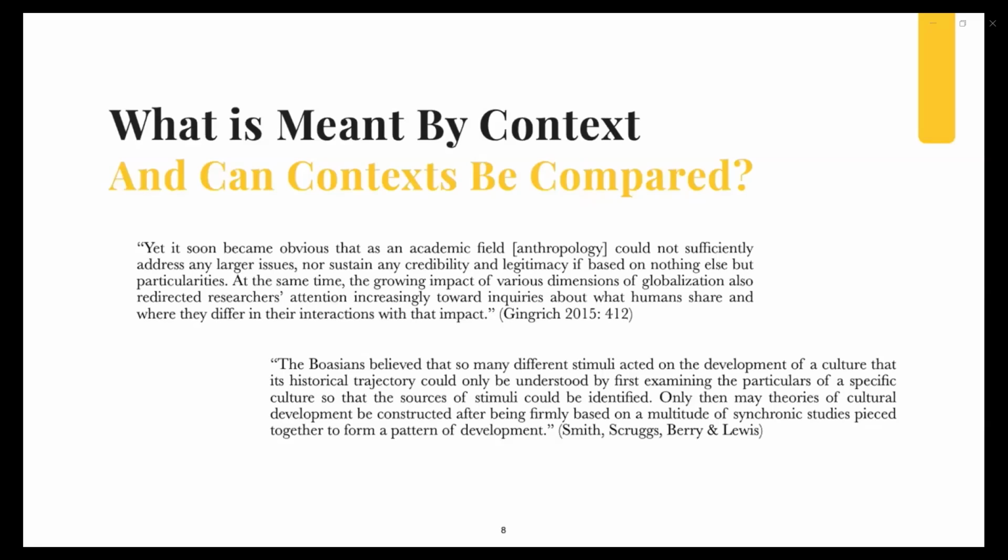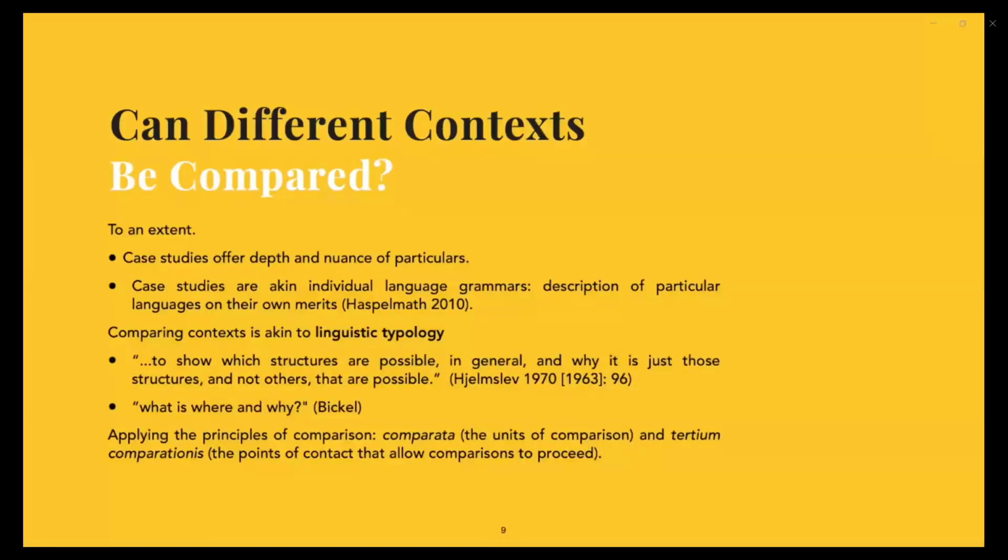So like I was saying before, I think it was the strong stance of historical particularism, rejecting any ideas of universalism in human behavior and cultures, comes from the poor scientific implicature of linear progression. And it's a reflection, it's a theoretical orientation that reflects the academic climate of the time. So this is all to say, I do think that different contexts can be compared to an extent.